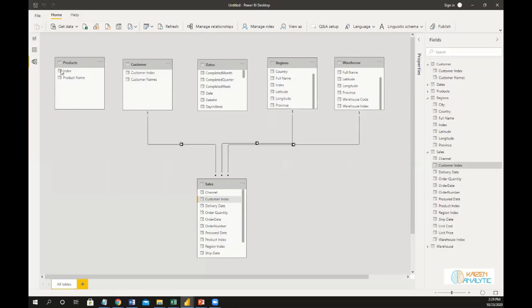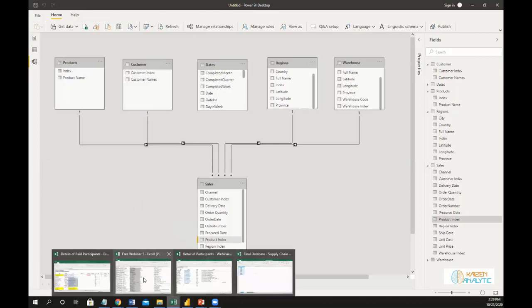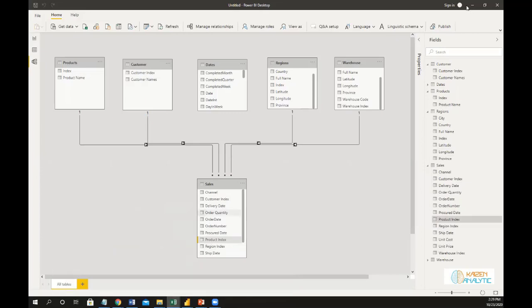And this is product, and this is product index. So let's make the relationship for product index as well. But as you can realize, if you analyze